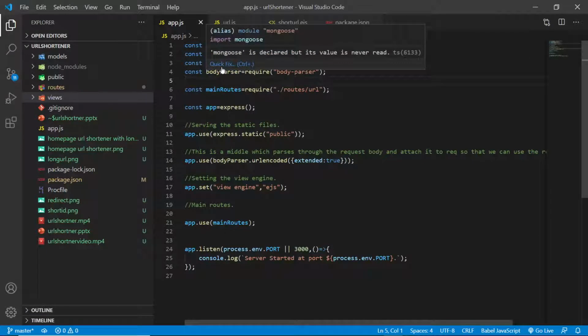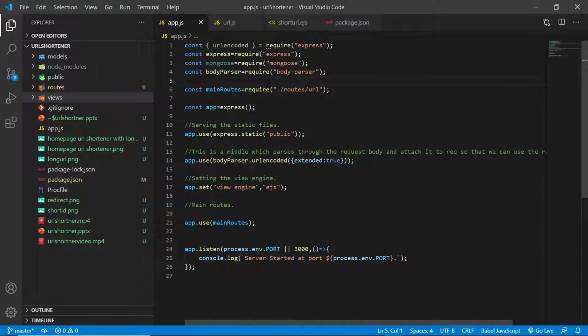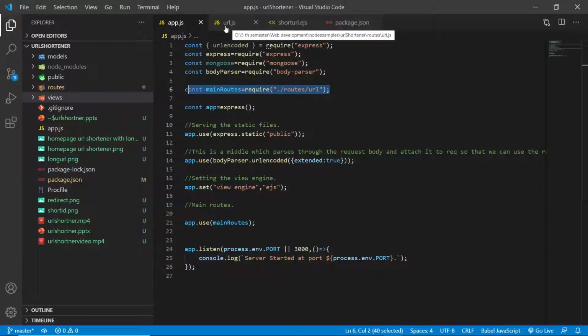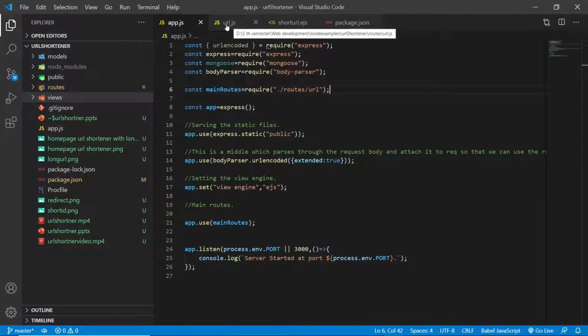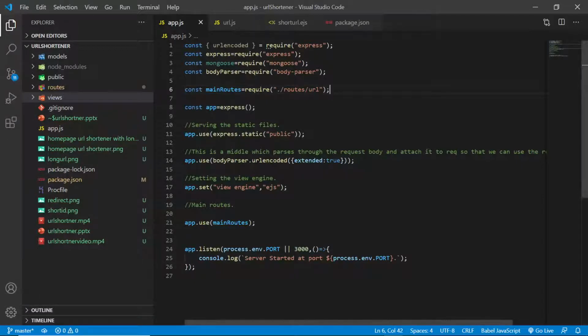This body parser is required in order to parse the post request and attach it to the request body. This particular thing we will understand when we go to this url.js. We just exported that url.js.